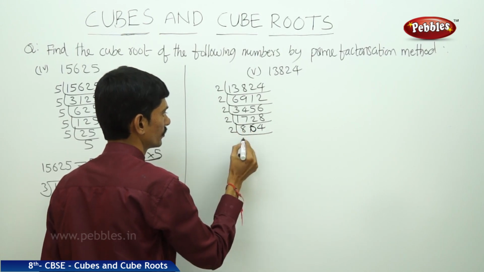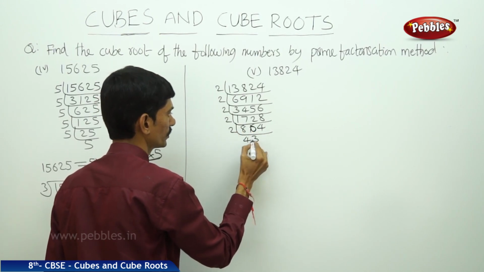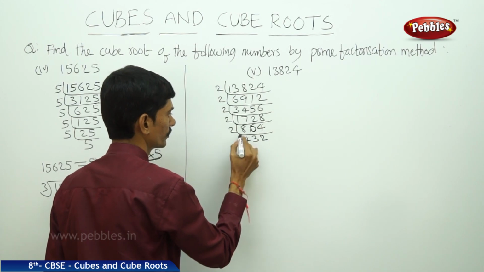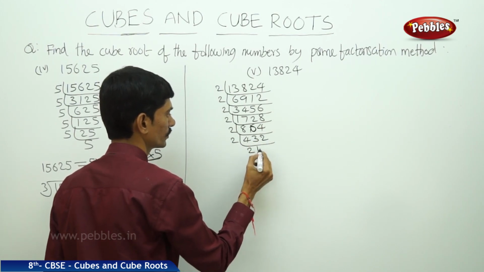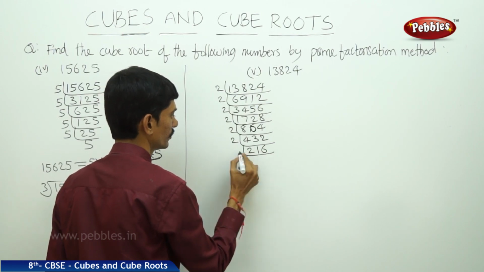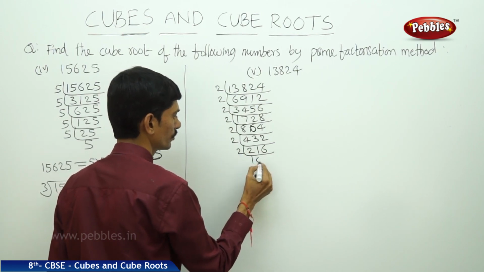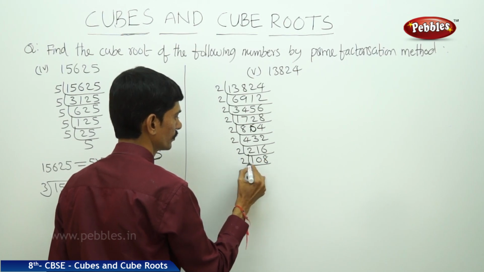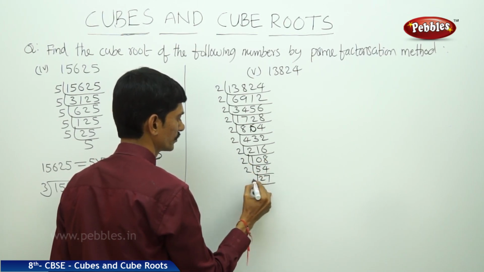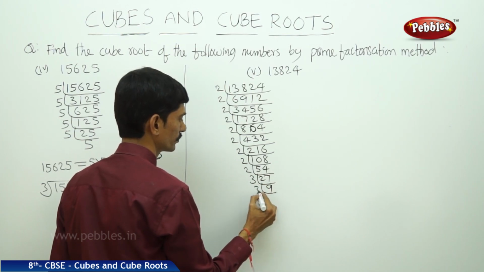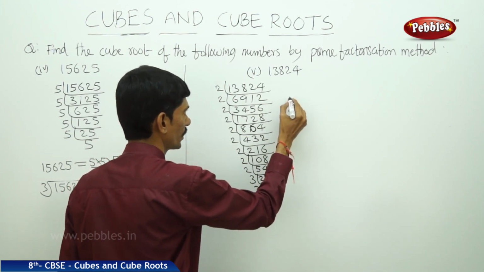Next, 2 4s are 8, 2 3s are 6, 2 2s are 4. Again the 2 table, 2 2s are 4, 2 1s are 2, 2 6s are 12. 2 1s are 2, 0, 2 8s are 16, 2 54s, 2 27s, 3 9s are 27, 3 3s are 9. Now we can write that